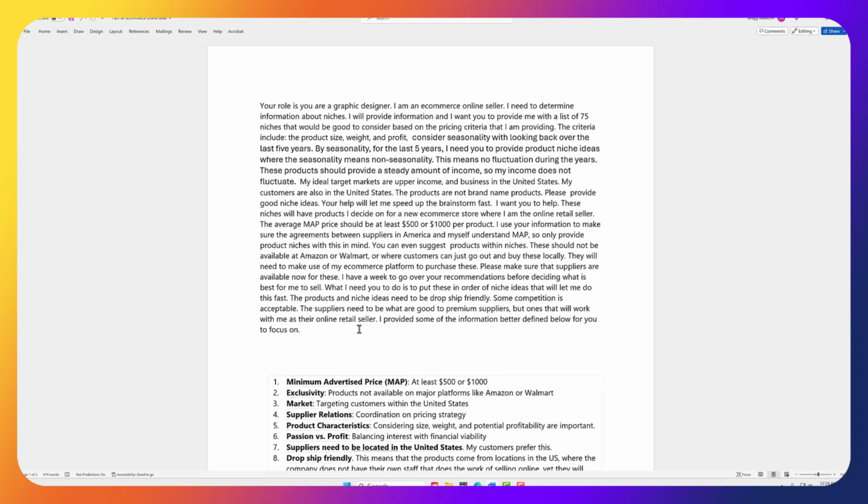But understand that premium suppliers are for people that already pretty much have stores rocking and rolling and doing a good job. So even though we look for good and premium, we're going to be working with the good ones for the first stores we're setting up. Out of that, what you can count on is, say, that MAP price, 500 or 1,000. It's very likely to have, say, between 12 and 20